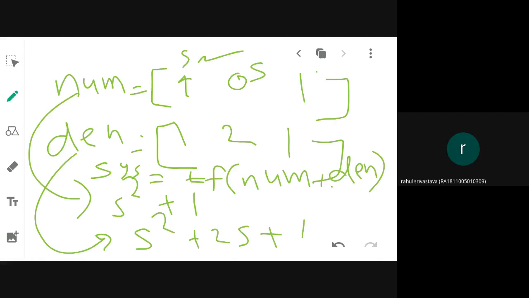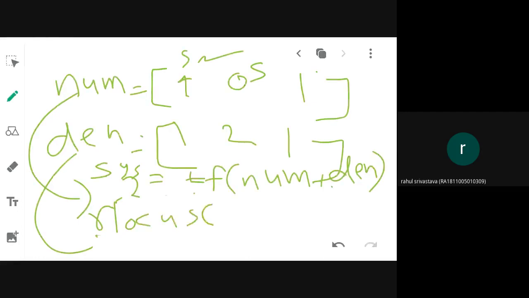Okay, then root locus you have to find. All these things you have to do as an M file. Coding, root locus, system. That's all. You type it in coding. Okay, I will teach you how to do that. You understood?